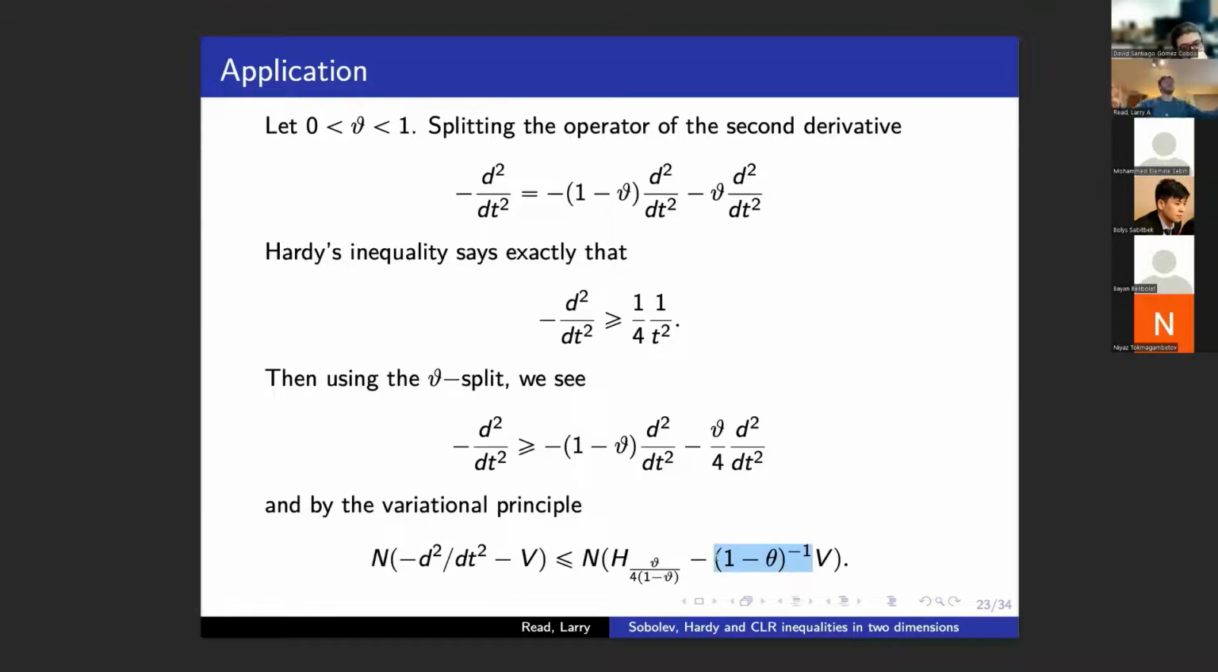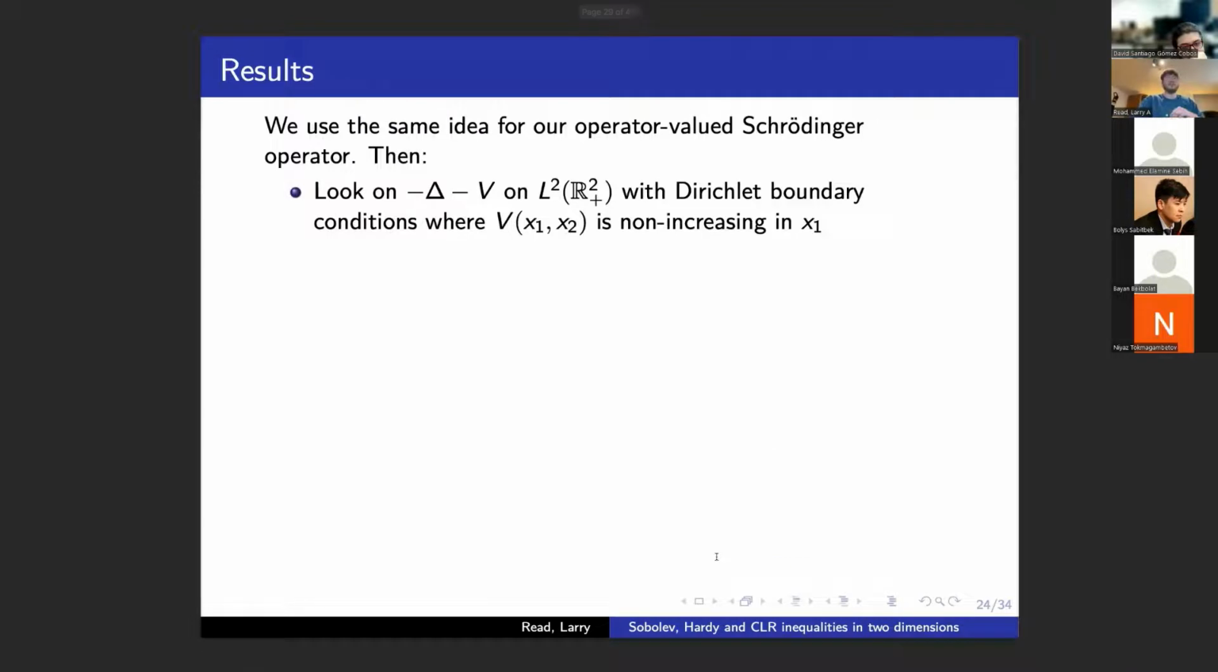So basically, now we know we can get an extra Hardy term through Hardy inequalities, and what we do is we apply this to the two-dimensional case. So now, if you consider a Schrödinger operator on L2 of the half space with Dirichlet boundary conditions along x equals 0, where V is a non-increasing function of x1,